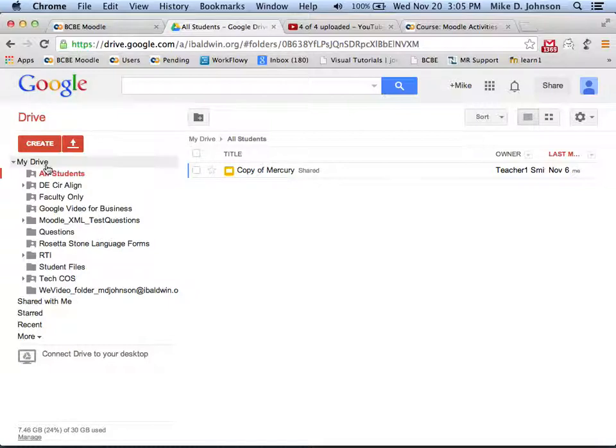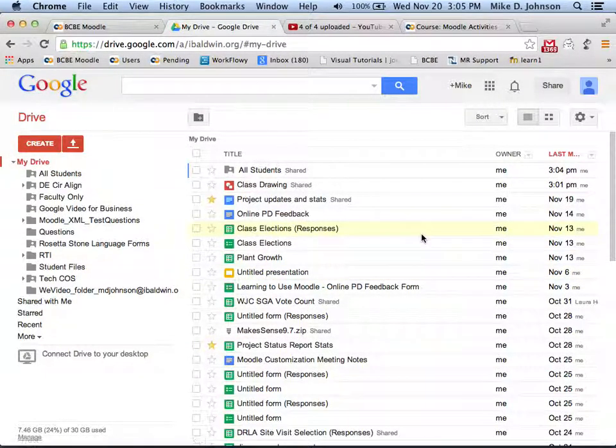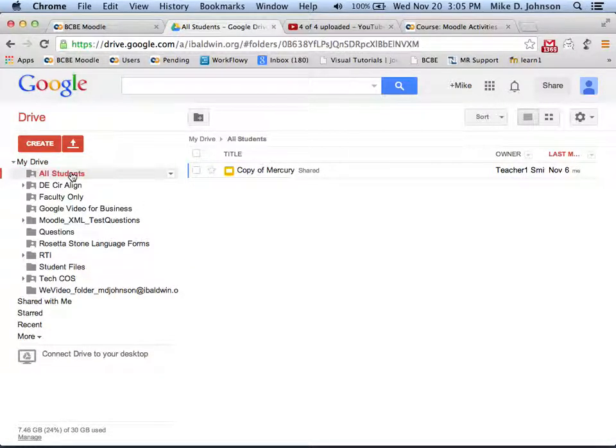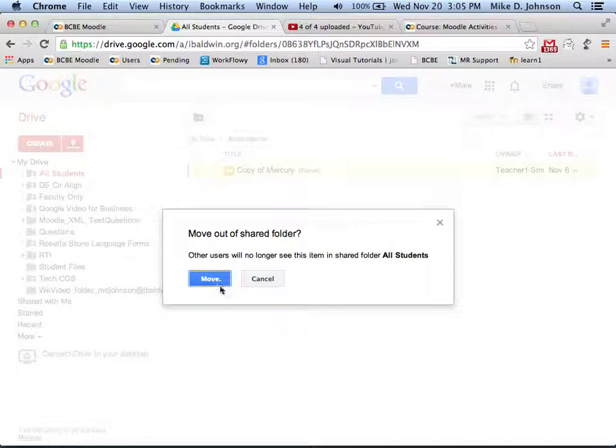Instead of having to type in students' names on every single file that you want to share with them, you could share one folder, type in the students' names on that, and then you just have to drag things and drop it into that folder. And if we're done with that one, say the Mercury one, when I'm finished, I could drag it out of the All Students folder and just put it back into